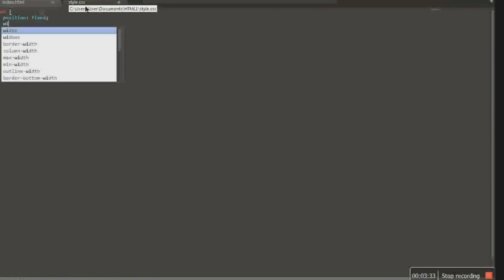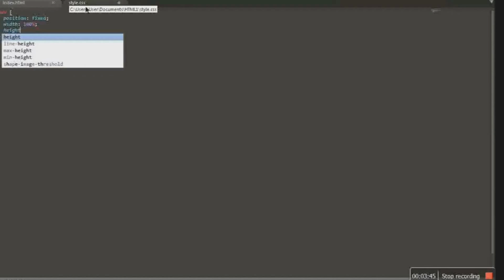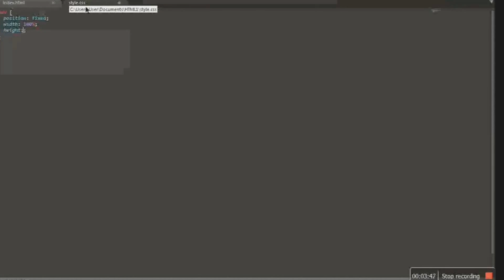And width should be 100%. Don't forget that. Then height should be 60px. Or you can try the one you want from 50, 60, 70. But let's use 60px.